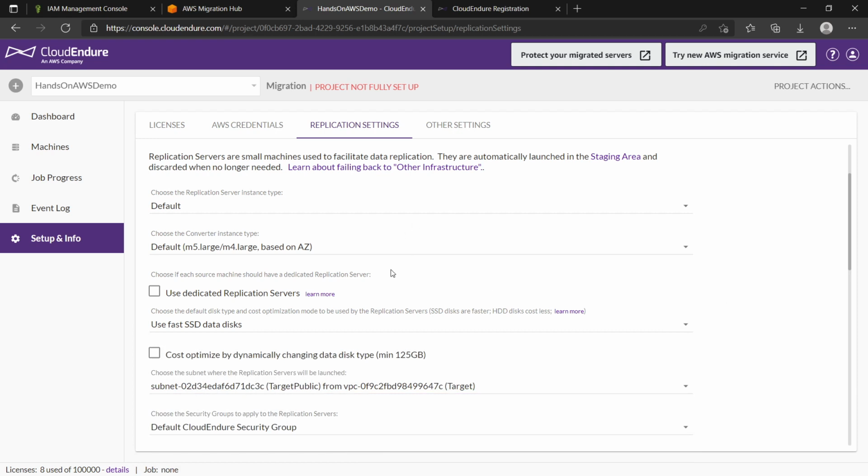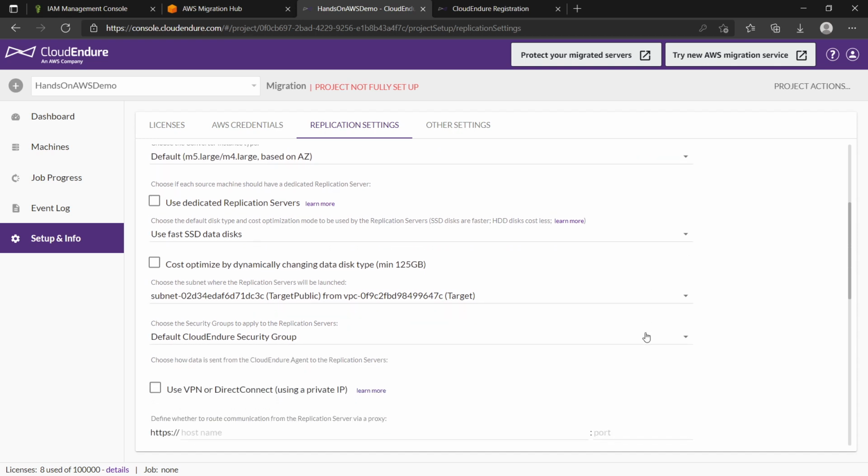All right. The rest of the settings are about the replication instances that Cloud Endure will create, which are temporary small size instances that will be used to make a copy of your on-prem servers. They will be deleted when the migration is over. So if you have any particular preference on the converter image sizes, etc., you can select them here.